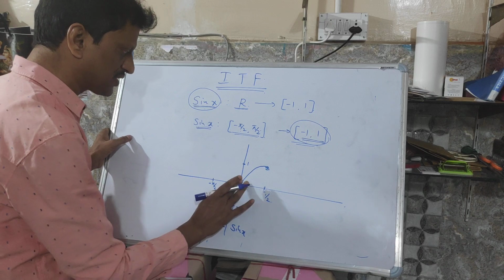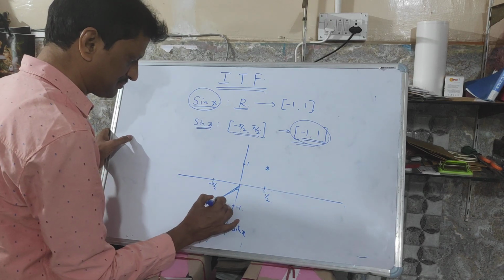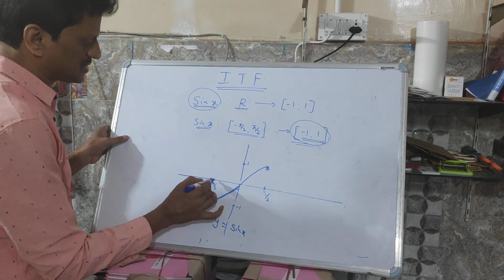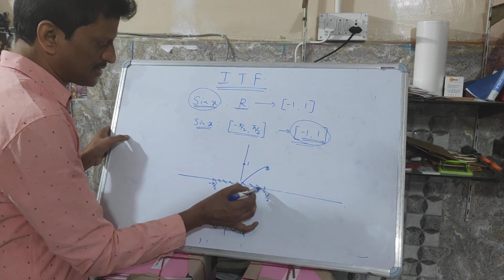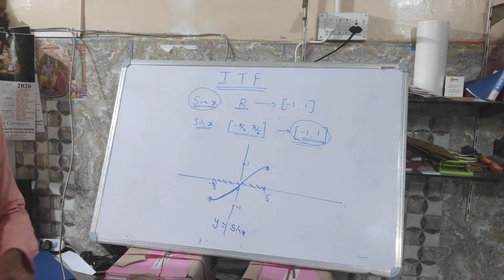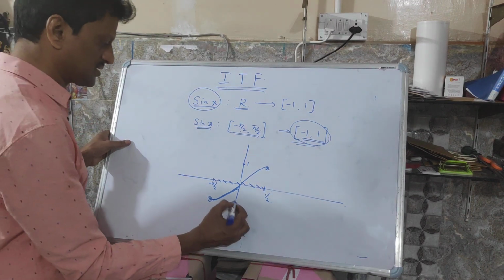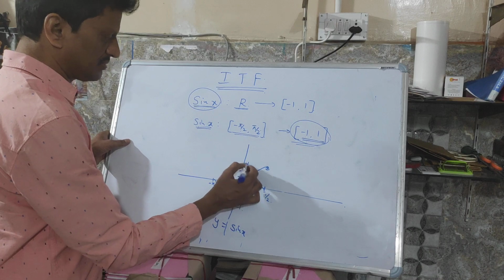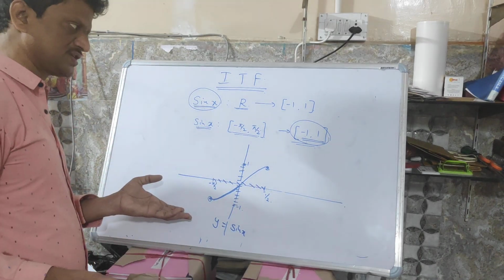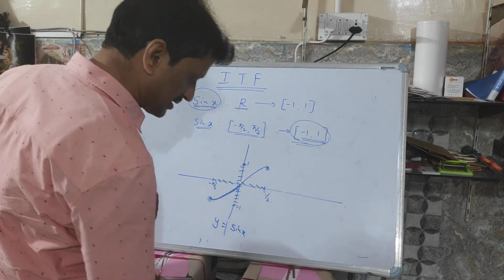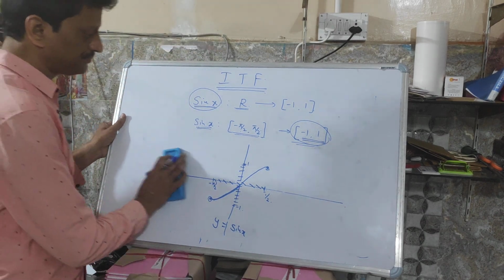So you know the function is strictly increasing. The function is strictly increasing in this domain, the closed interval -pi by 2 to pi by 2. Hence it is one-one and also the range is equal to the codomain. It is taking every value, meaning the range is equal to the codomain. So the function is bijective. So its inverse function I will now draw and show.